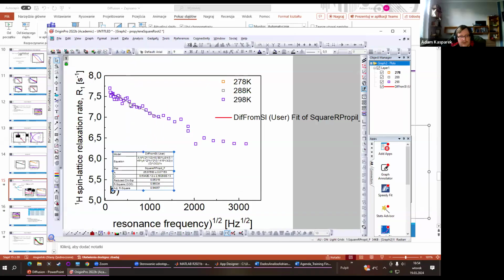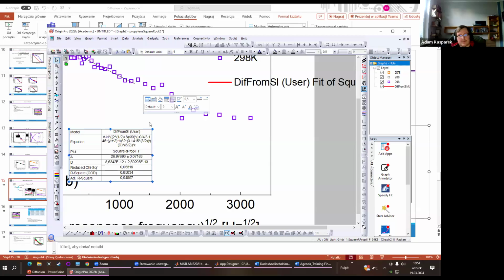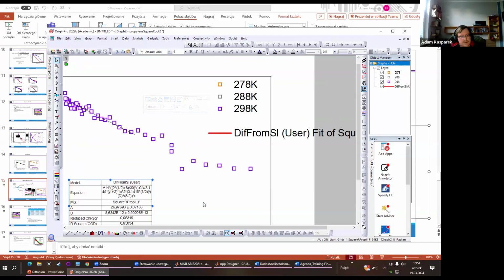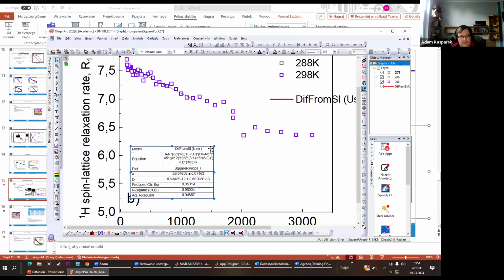And here we have our results, more or less linear, and we have got our D, which is actually much smaller than I expected. Okay, we have our results. Let's go back